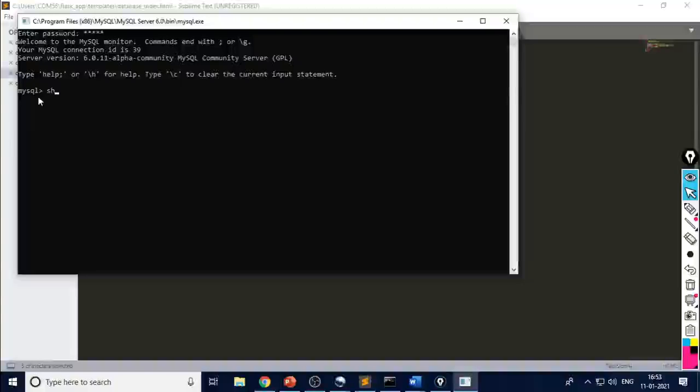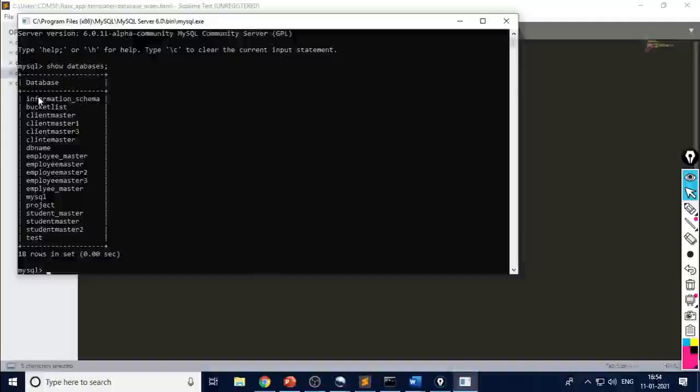So how many databases are there? We can see it by using this. Look here, show databases. These are the databases present on MySQL. That's why we have to open a single database, so MySQL Flask can understand where we want to put the data.